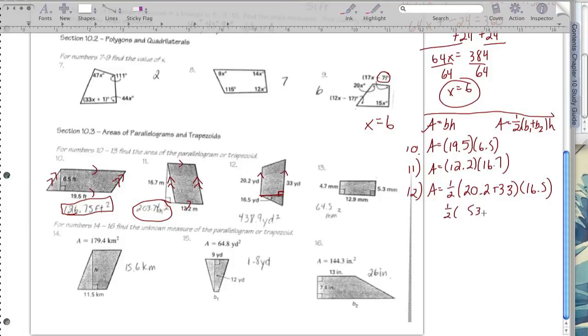I get 53.2. Now, we have a lot of decimals in here. From here, I'm going to multiply 1/2 or 0.5 times 53.2 times 16.5. That's going to give me 438.9. And it's yards squared because we're talking about area. Okay? So I added these here just so it breaks it down a little bit. You're not putting it